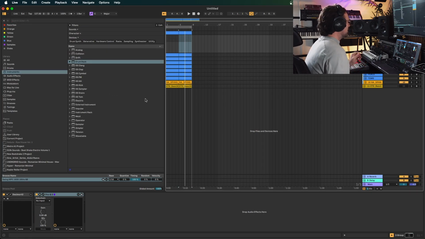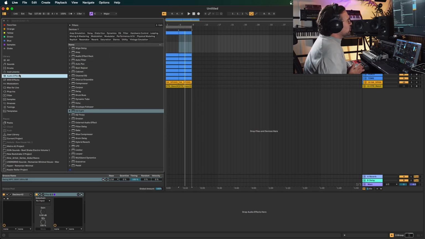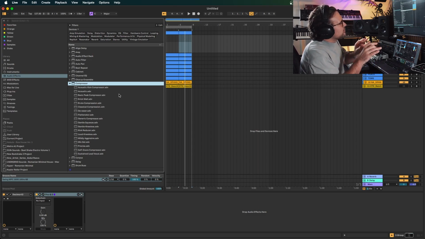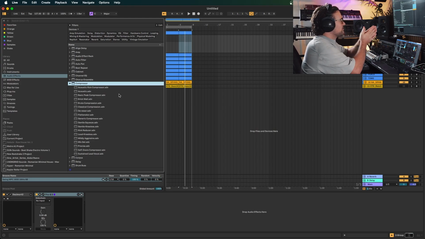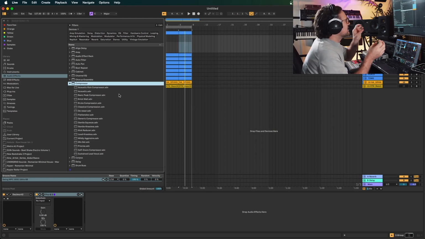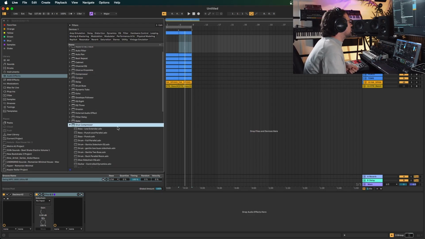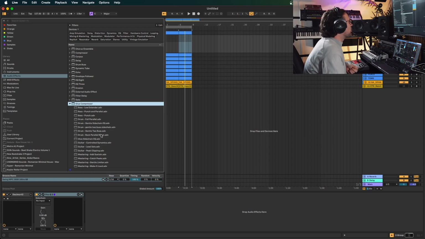And then what I want to do is I want to be doing some compression to the group as well. But what we're going to do is we're going to use a form of compression called New York style compression. And if we go into the compressor here, it's essentially going to do it in parallel. So it means that we're going to have a dry signal, which is the original signal of the drums, and a really heavily compressed signal next to it. So you might have seen that in the glue compressor, you might have like a rock parallel room or a full parallel. So if you were to add that,